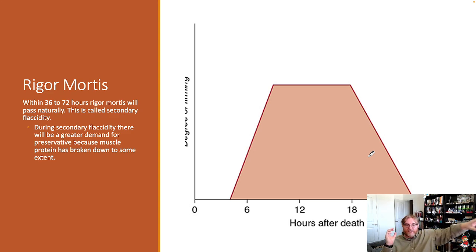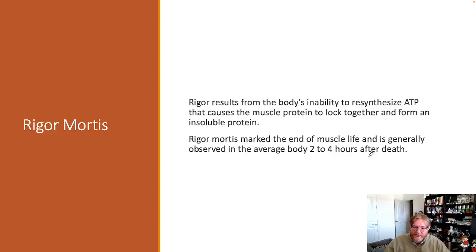Proteins are very complex, long things, and they have reactive centers that things can attach to. But as they break down into their components, there becomes more areas for attachment, which means you need more preservative to react with all those extra components. That is what's happening. Once rigor mortis passes, you get secondary flaccidity. Now the body's going to be flexible again. So posing it and getting into a position you want, not going to be an issue. Getting it preserved to the level that you want, going to be a harder deal right now. Going to probably need different chemicals, higher concentrations. We'll talk about those things.